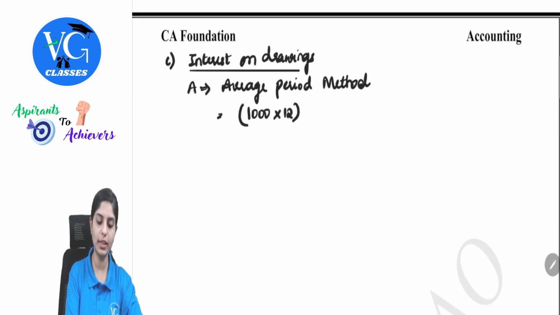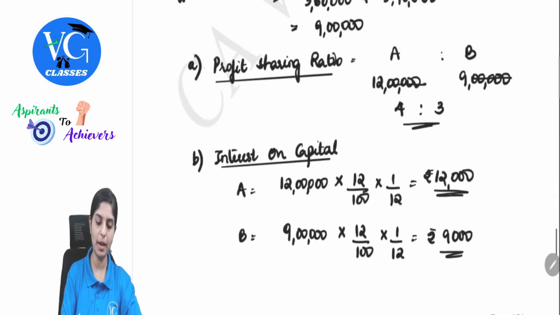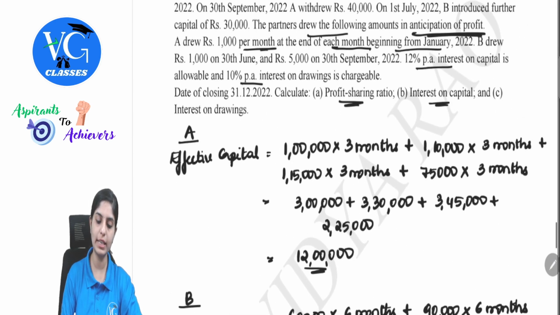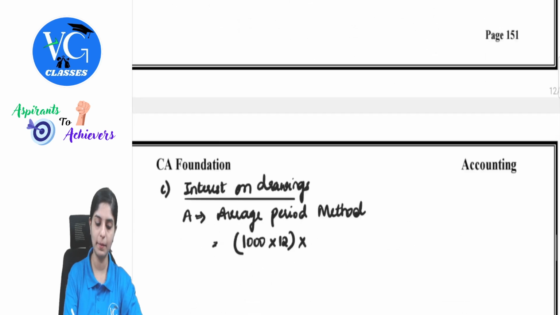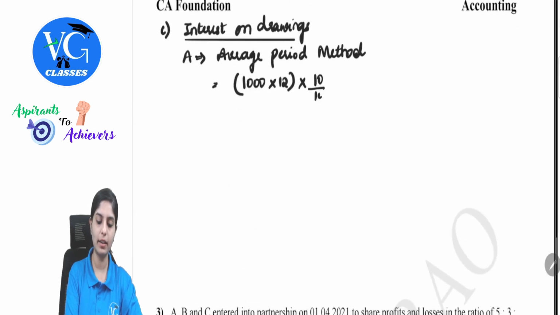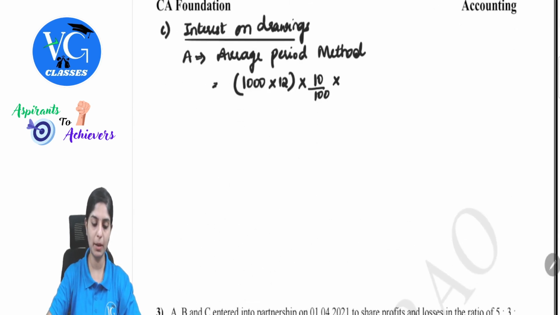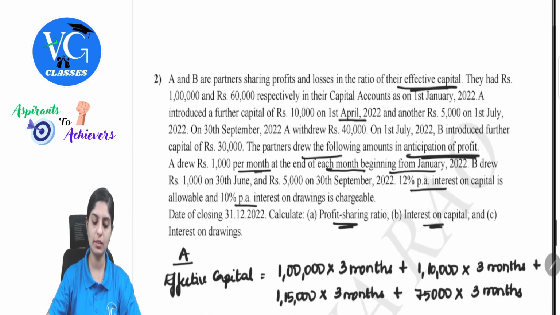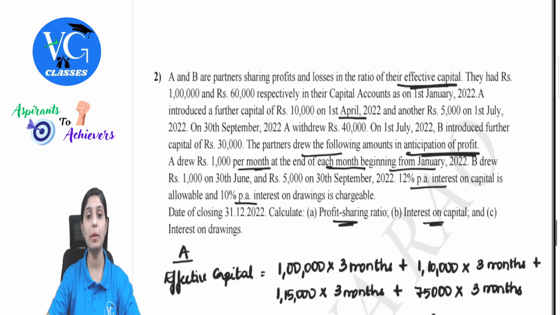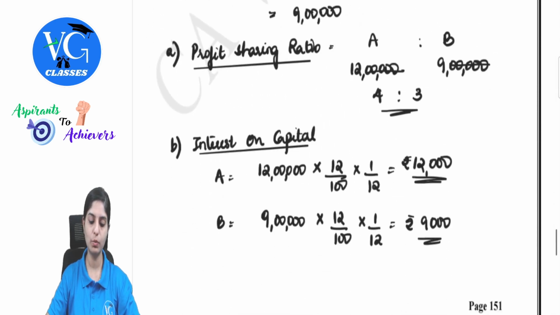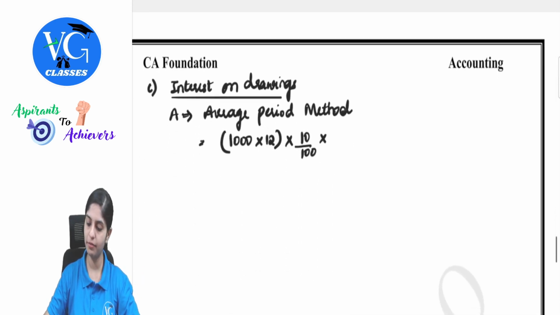This is total drawings into rate by 100. What is the interest on drawings rate given? 10%. 10 by 100 into average period divided by 12. Here they have mentioned this is end of each month. Remember n minus 1 by 2. So this is for the whole period, 12 minus 1 by 2. So this will be 5.5